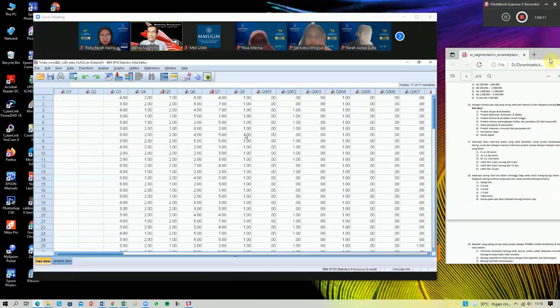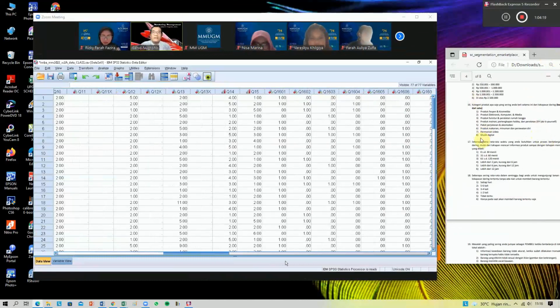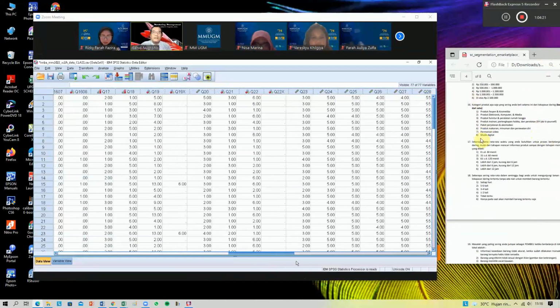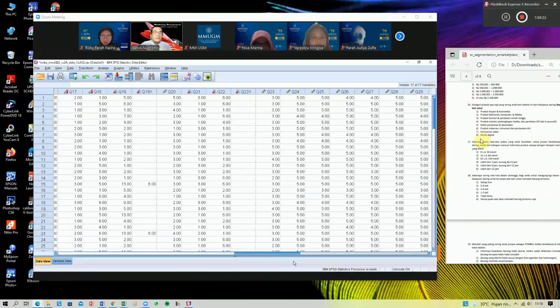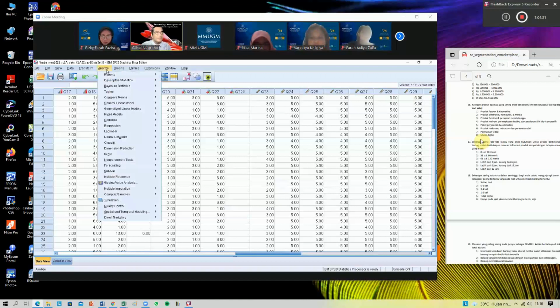Okay, so that's all, and then we go to the next data, number 23. Number 23. So this is about Persipris. Okay, go to analyze, and then descriptive. Now we go to descriptive.